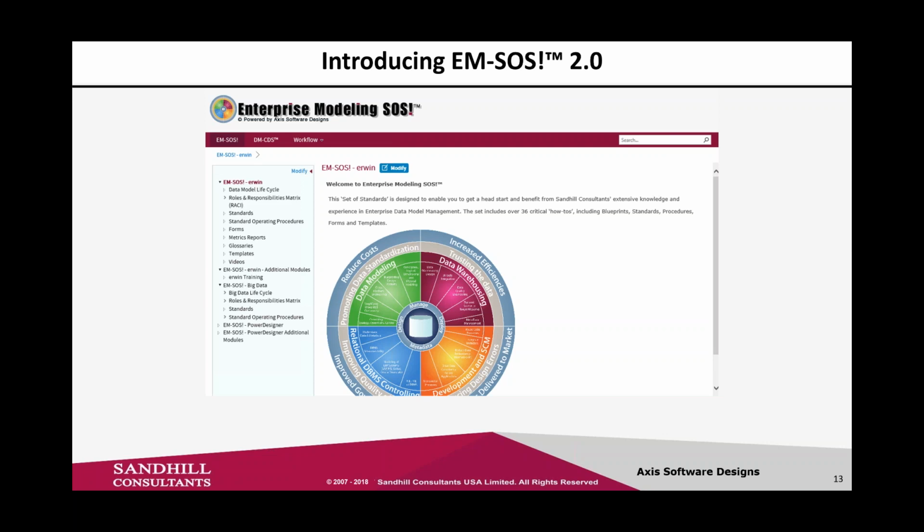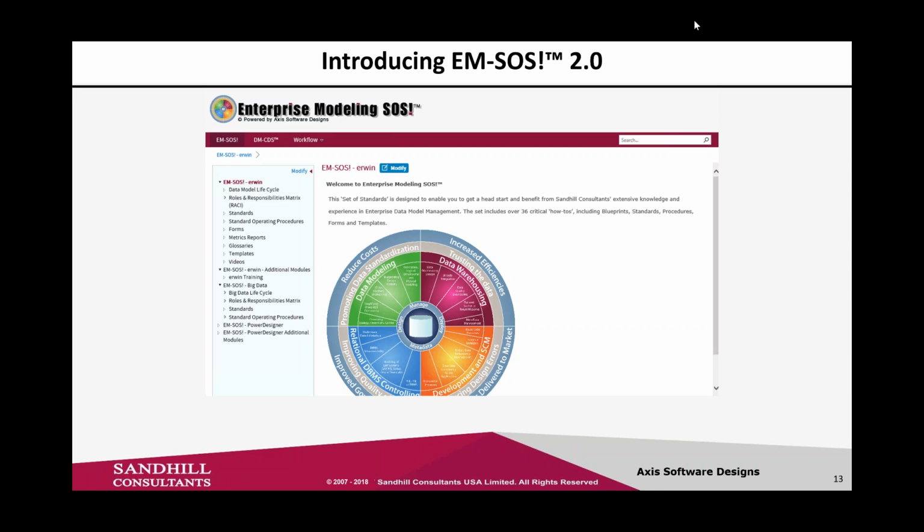So we've created EM-SOS. What you're looking at is the main page here. This is implemented in SharePoint. We also have an HTML version, but with SharePoint, we have certain advantages. We're going to be going into a couple of screenshots specifically on how they relate to Erwin. But forgive the minimal size of all of this; again, it's just to give you an idea. It's really the concepts that we care more about during this presentation.